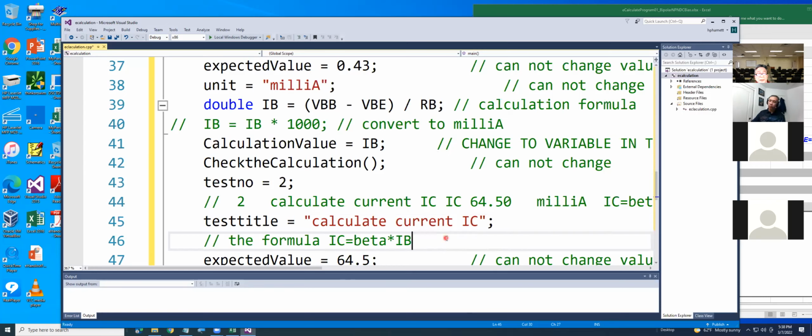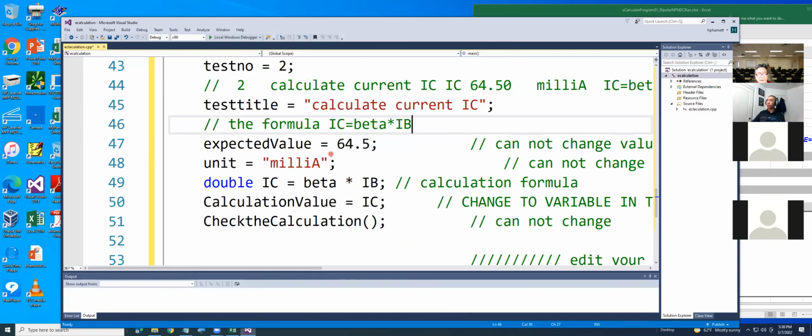Okay. And the formula, also from Excel: IC equal beta times IB. Expect value from the Excel is 64.5, the unit they want is milliamp. And now you start to calculate: IC equal beta times IB. Okay. And also again, if you're using IC here, then the calculation value must be